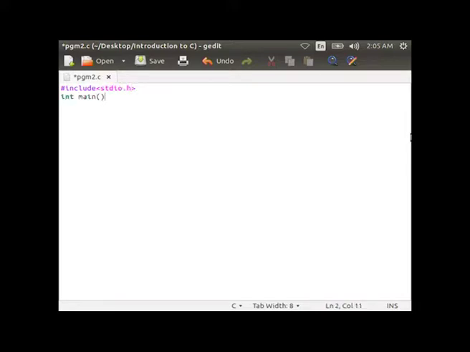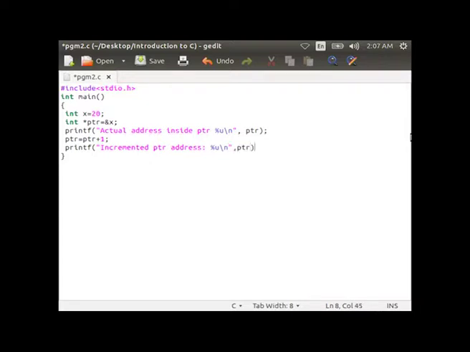<stdio.h>, int main within curly braces, type int x = 20, int *ptr = &x, then printf actual address inside ptr %u, ptr, then ptr = ptr + 1, then printf incremented ptr address %u, ptr, then ptr = ptr - 1, printf decremented ptr address %u, ptr, then printf actual value pointed